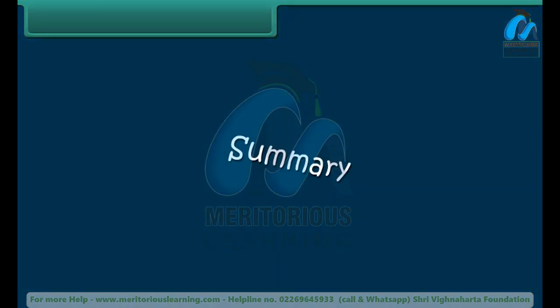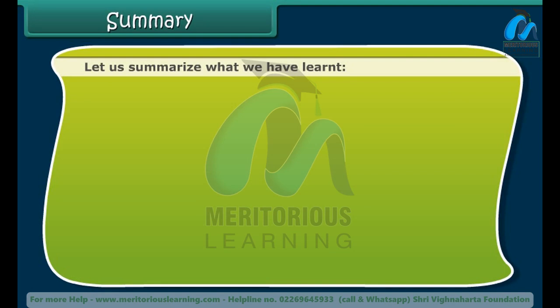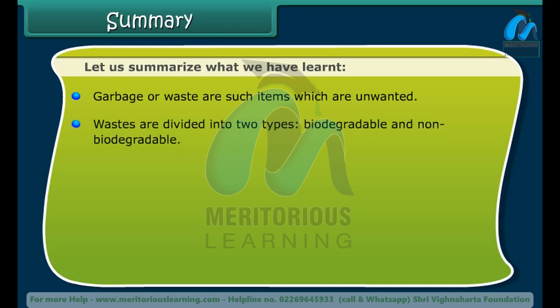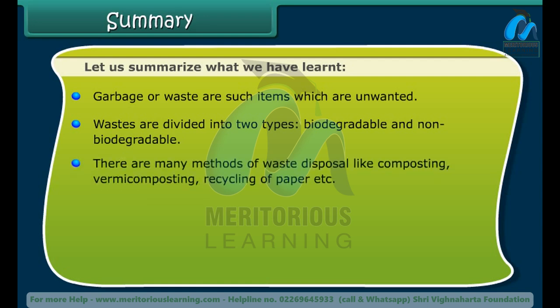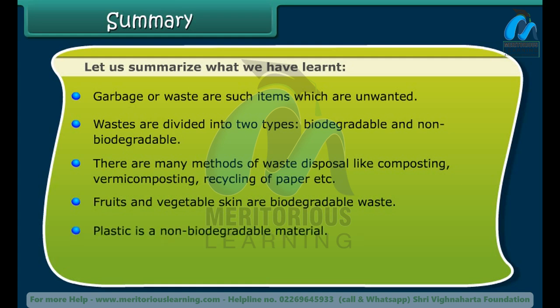Summary. Let us summarize what we have learned. Garbage or waste are such items which are unwanted. Wastes are divided into two types: biodegradable and non-biodegradable. There are many methods of waste disposal like composting, vermicomposting, recycling of paper, etc. Fruits and vegetable skin are biodegradable waste. Plastic is a non-biodegradable material. The burning